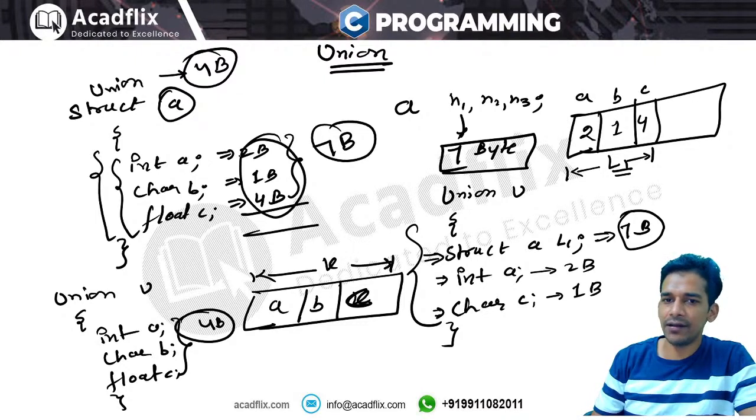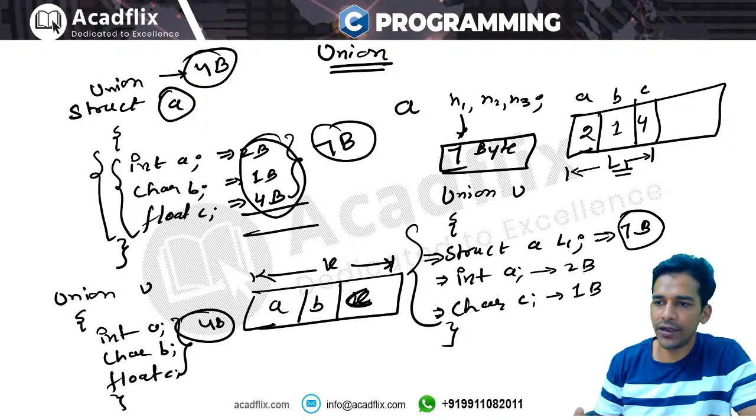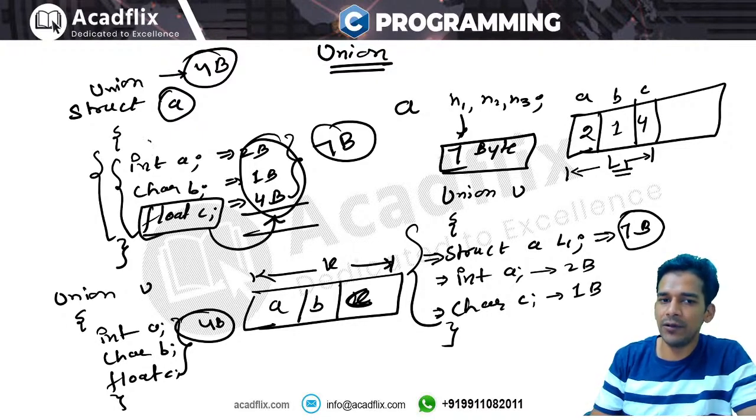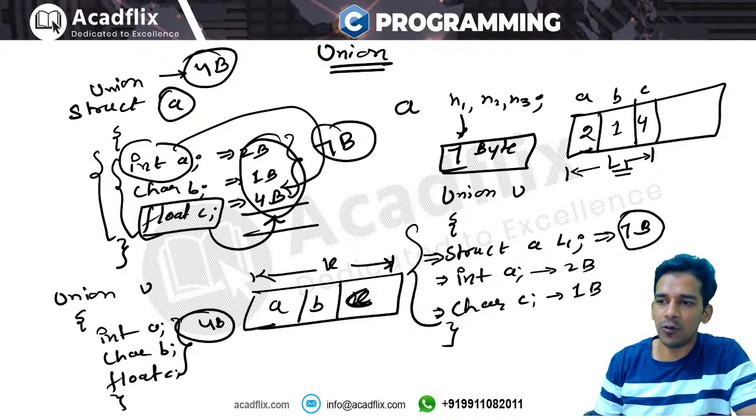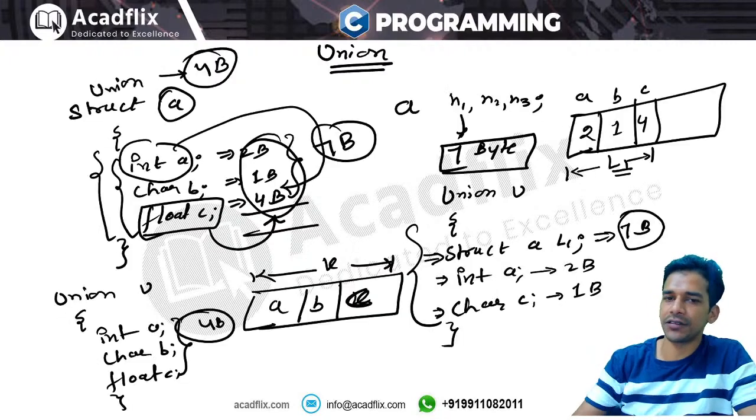So union considers that maybe you will not use all the members of the union at one time. So what I can do is I can reuse the memory. पहले मैं किसी एक वेरिएबल को, जो भी आप पहले यूज़ करोगे उसको मेमोरी एलोकेट कर दूंगा. उसके बाद में अगर आपको दूसरा वेरिएबल यूज़ करना है तो उसी मेमोरी के अंदर मैं इस वेरिएबल को पुट कर दूंगा. Okay, so if you want to use any one variable at one time, then you can use the union. And if your demand is that I will use all the variables of the union at one time, then you have to use the structure. Right, that is the only difference between union and structure.